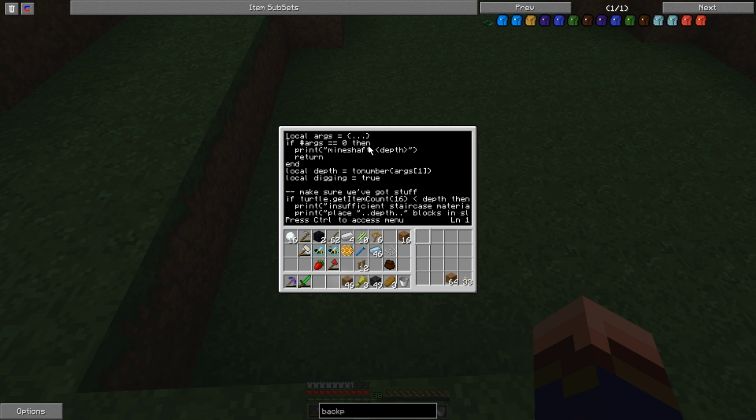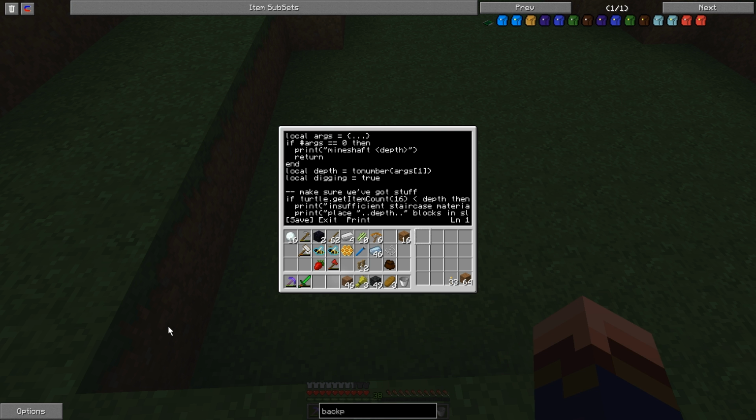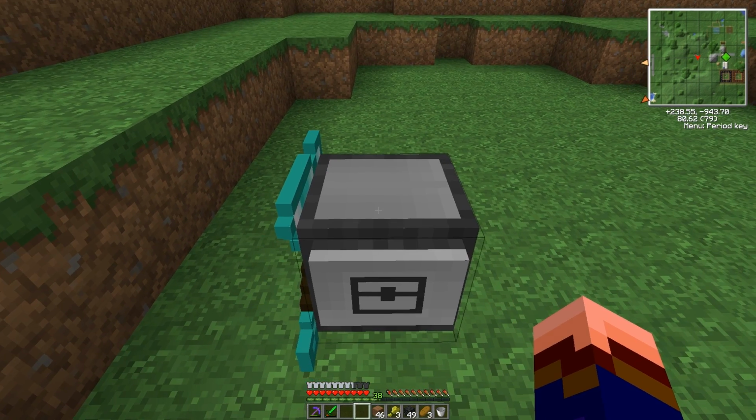Where is it? Mineshaft is... Staircase material is in slot 16, torches are in that slot. Okay, there we go. So let's go to the mineshaft, and I am at floor 79. I need to go down to about 15. So we are talking, let's go down